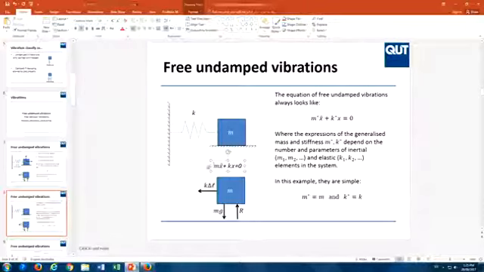Something weird happened here. Okay, so I look at this equation. I write it this way, and this is obviously an equation of motion. This m, I assume I know the mass of this system. I assume I know the stiffness of this spring. And therefore, in this equation the only unknown is the actual motion x and its second derivative. So it's a differential equation.